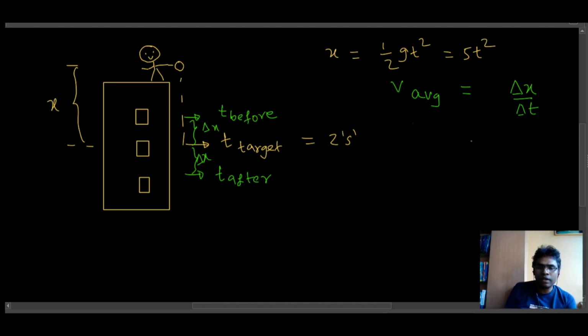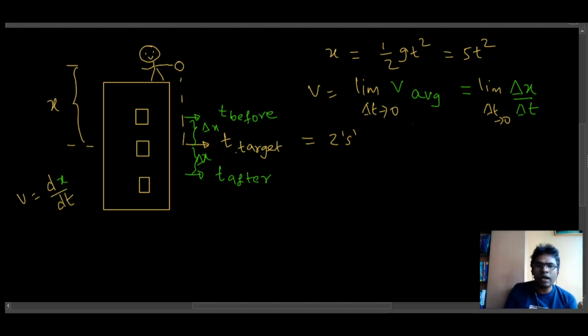Now once you do that, if you really look at the average velocity, you will notice that if you are really close to the target time, the average velocity doesn't change much. Because the average velocity doesn't change much, that average velocity is taken as the instantaneous velocity. Instantaneous velocity is written using this operator in calculus, d by dt, which is getting operated on the position function, and then you get the instantaneous velocity. So you can learn more about this in calculus.